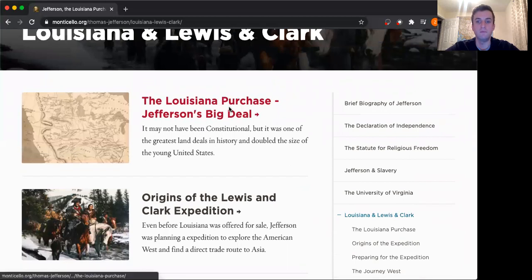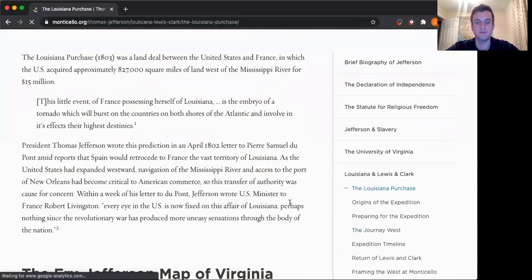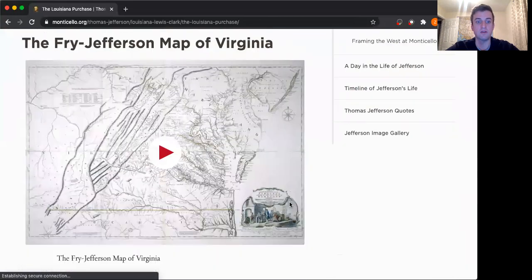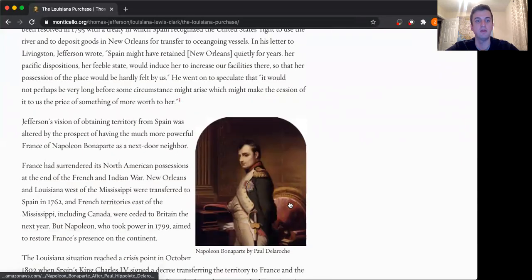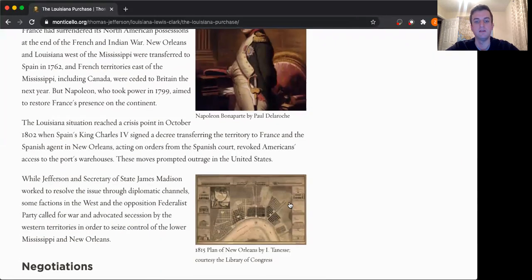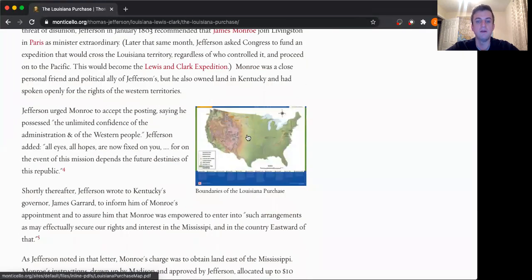These articles are a bit long, so don't be afraid to take your time reading through them. It's a really awesome little resource that if you just want to sit back and play around a little bit, this is like an online museum, pretty much. I really like this map. You're probably going to see it on a quiz sometime.